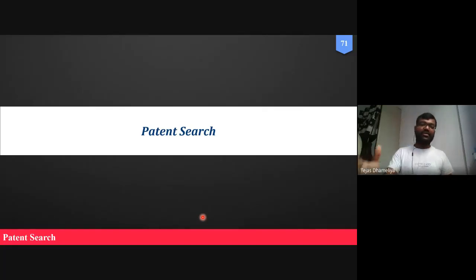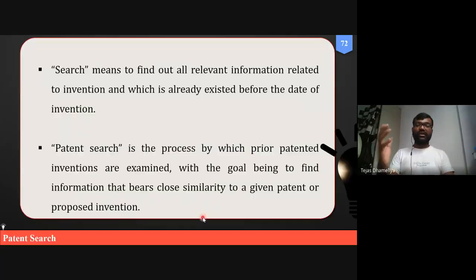Dr. Sureja might have already taught you how to do a literature search, and what the several ways can be to search for a reference research article, to search for a review article, etc. So I will not touch on how to do a literature search. But my objective should be to at least highlight for you how to do a patent search, and what is called a patent search.